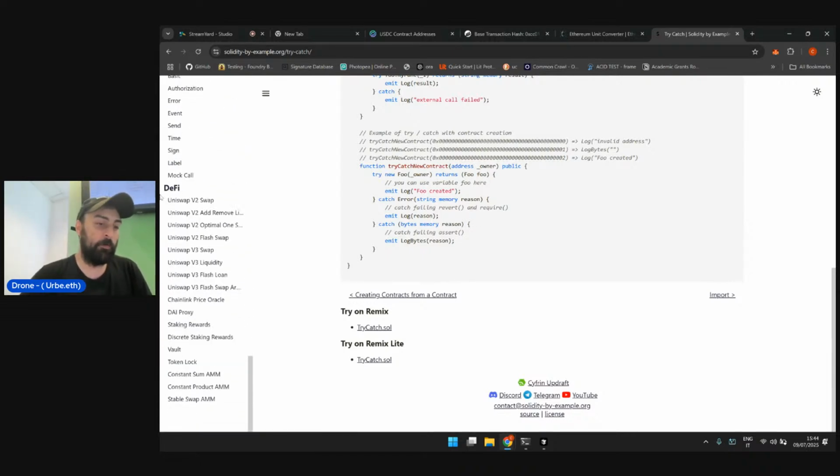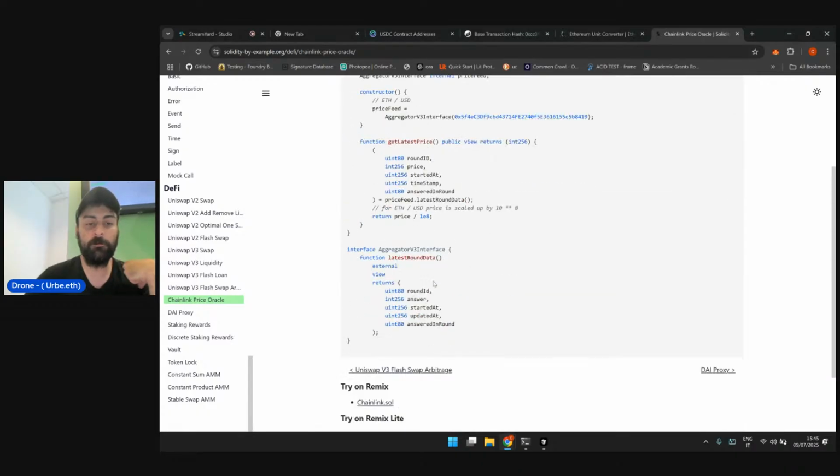And there are also some tutorials that may be useful for the hackathon if you need them. We can maybe look at one of those later if we have time. But I will be around during the hackathon, so you are free to ask. In here there are some examples about swapping tokens in Uniswap and getting the price feed from